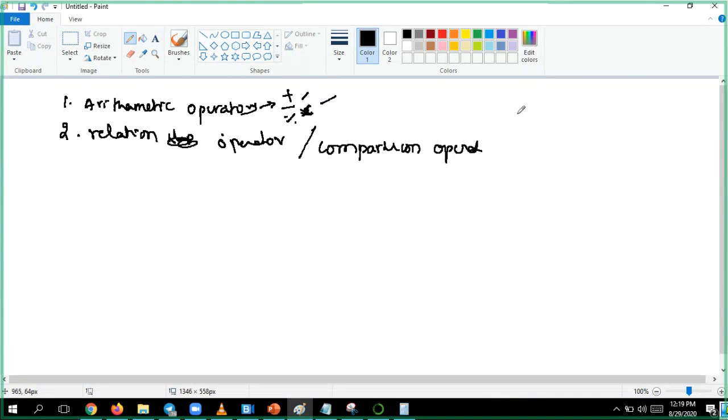What are the comparison operators? Comparing means whether you are richer than the other fellow or poorer than the other fellow, that is, you are greater than or less than, or equal to, or less than or equal to. All these things are comparison operators. Now let us get into that particular part, which is relational operators.